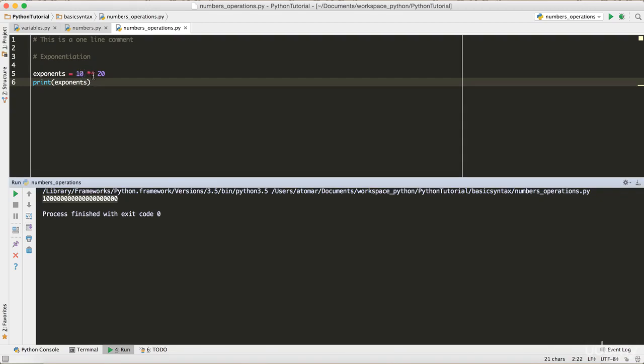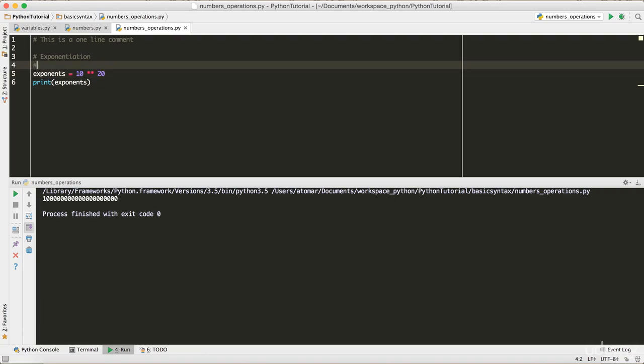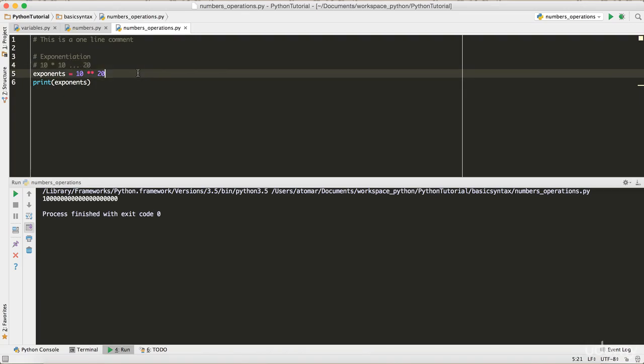It's quick to calculate. So just notice the difference. If I just say single asterisk and save it and run it, it does the multiplication. 10 into 20 is 200, right? But 10 double asterisk 20 is 10 raised to the power of 20, which is equal to saying 10 into 10, 20 times basically, right? So that's what it is, and it's pretty easy. This is the power of Python. With the double asterisk, we can just find out the exponentiation, right?